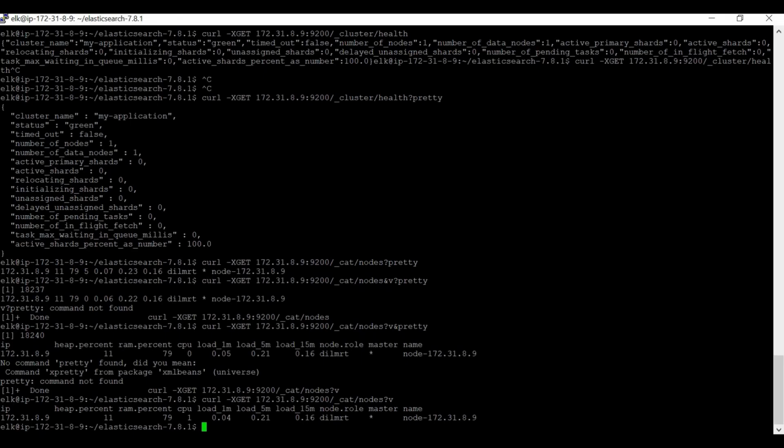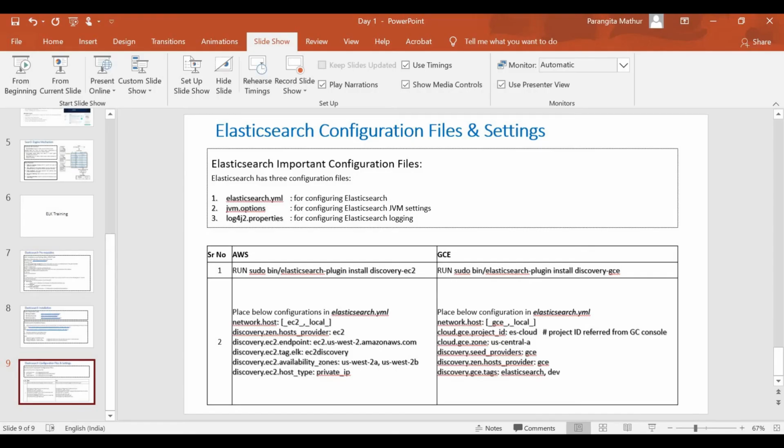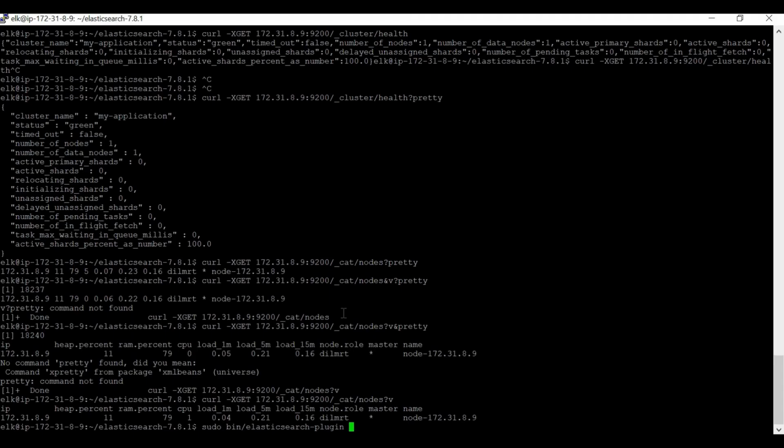So let's do that. Okay, sudo bin elasticsearch-plugin install. The plugin name is discovery-ec2. This is my plugin name.